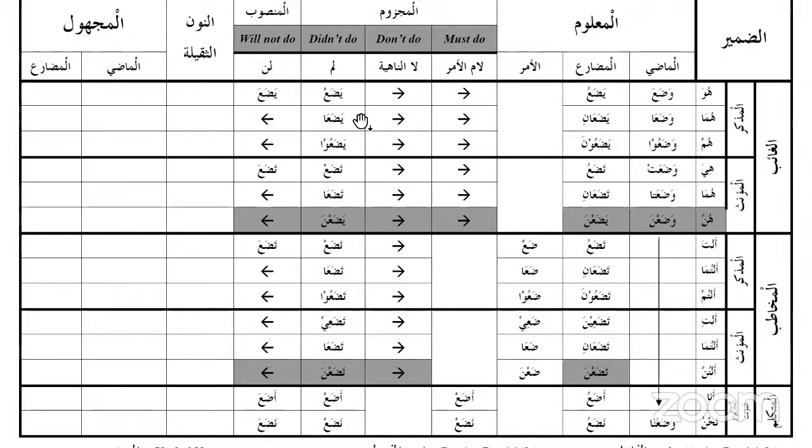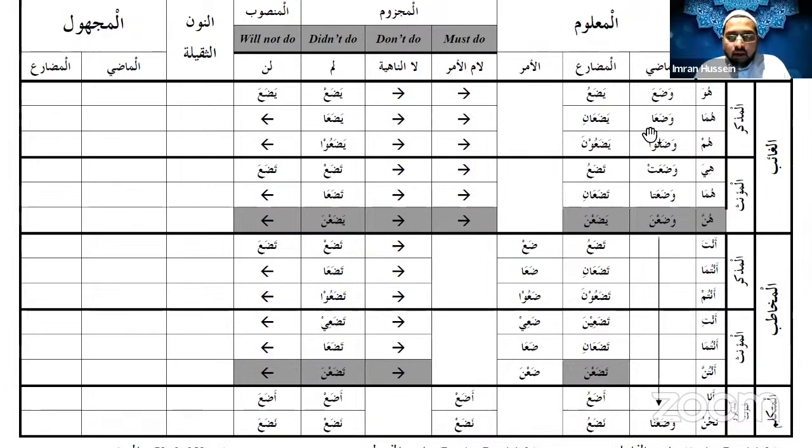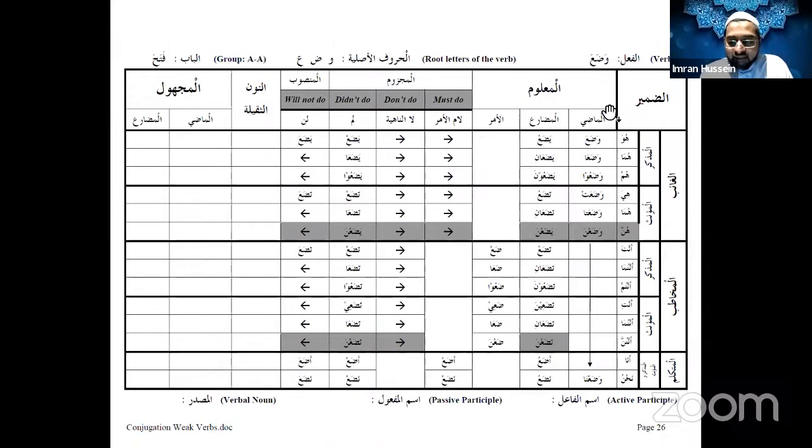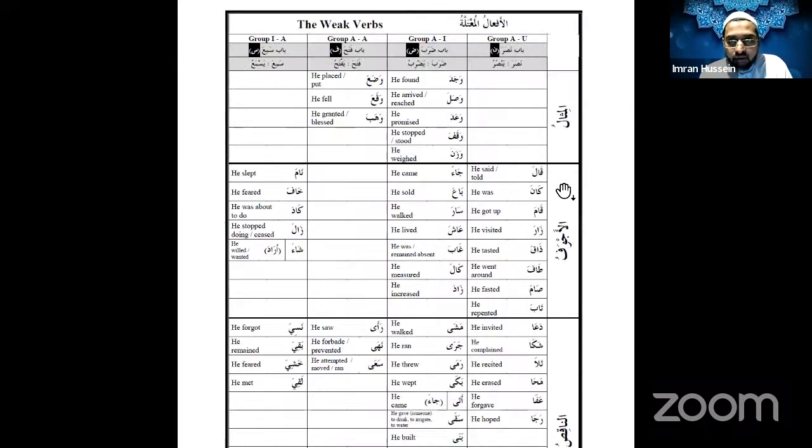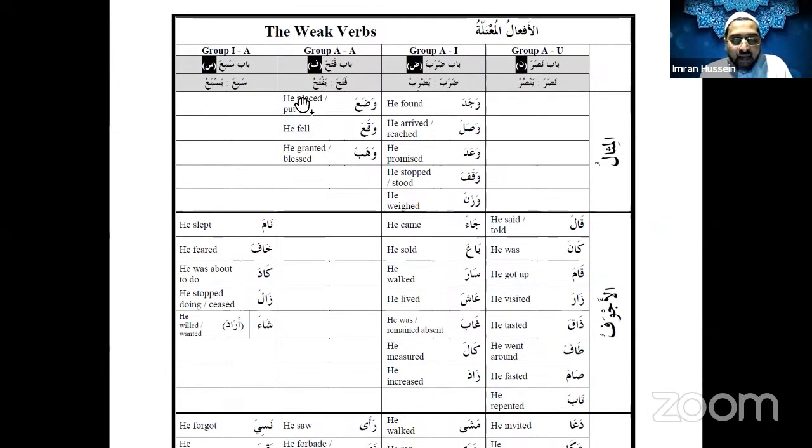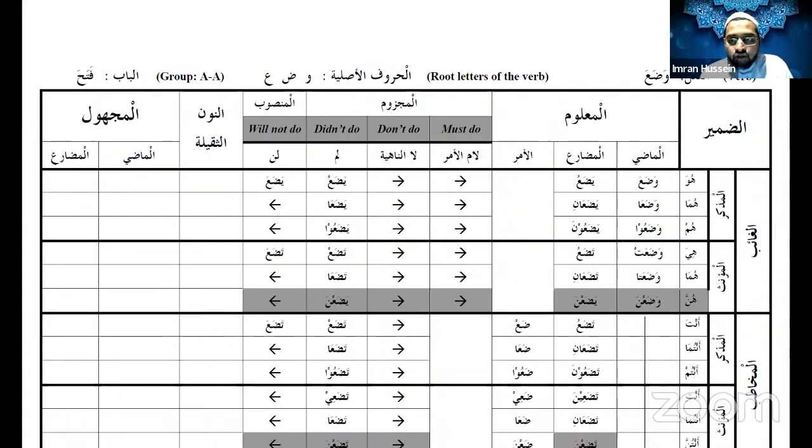Now I would like to give you, on this pattern of wada'a yada'u, the verb waqa'a. Waw, qaf, ayn. Waqa'a yaqa'u, I'll show you on the screen as well, means occurred or it happened. I've sent this handout already. Waqa'a means he fell, or it happened, or it occurred. The present tense is yaqa'u, on the same pattern as wada'a yada'u. So I would like you to conjugate the past tense.